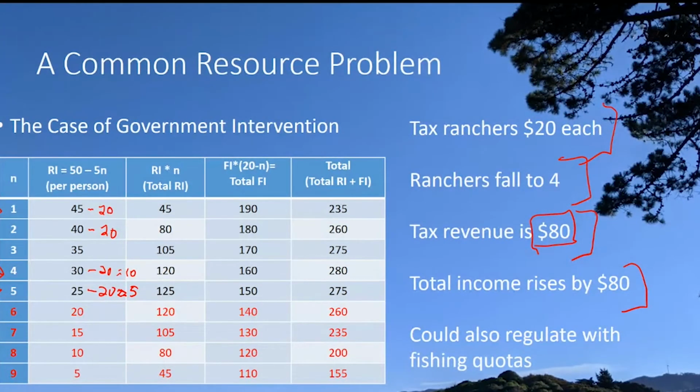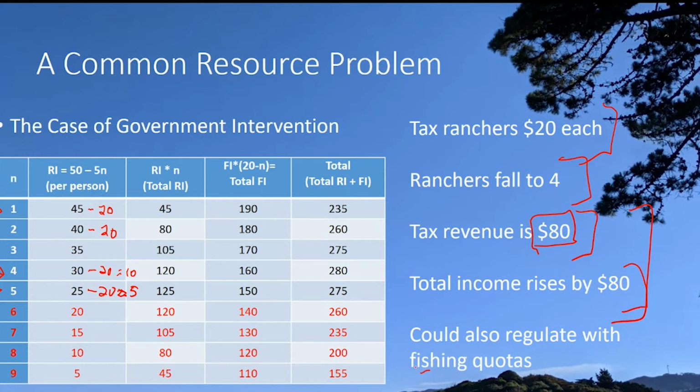Now, total income is also rising by $80. So one thing the government has facilitated here is that it's been able to increase overall income in the society by exactly the amount that it's collecting in tax revenue. Now, what does it do with this revenue? It can take that revenue and spend it on public goods, for example. It can provide parks for the community. It can build roads. It can do things that are going to help the general public in its day-to-day life. All right, and that's going to generate benefits over and above what the individual farmers and ranchers are making.